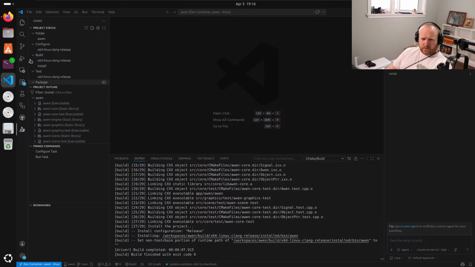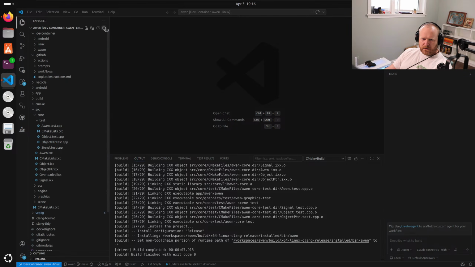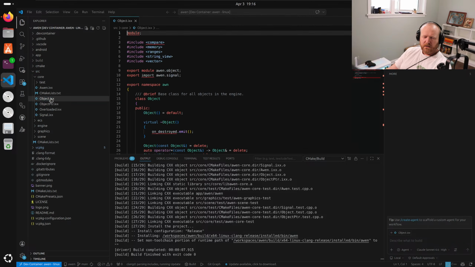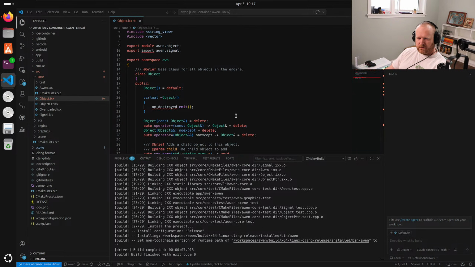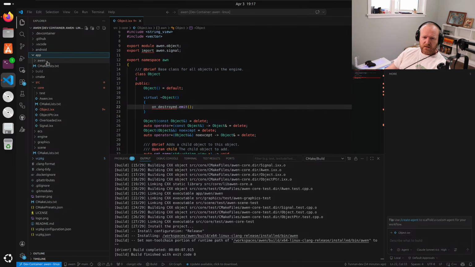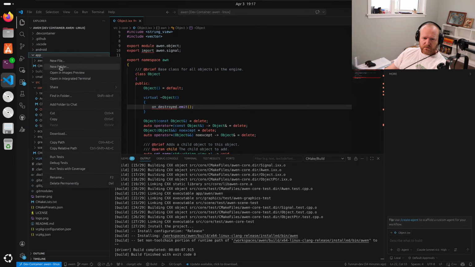So now I have the core object for this framework with a simple signal to let us know when the object gets destroyed. Now I think I want to get the engine in place because I want to be able to do